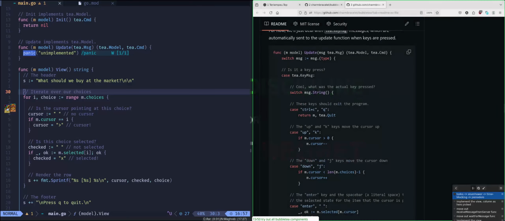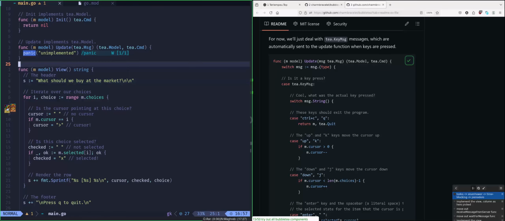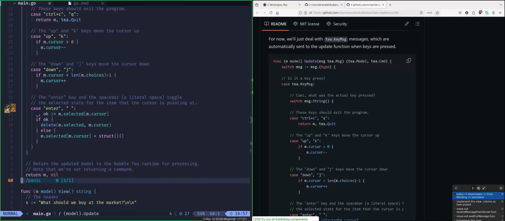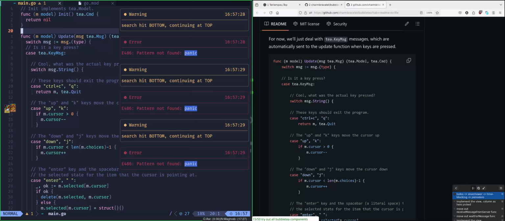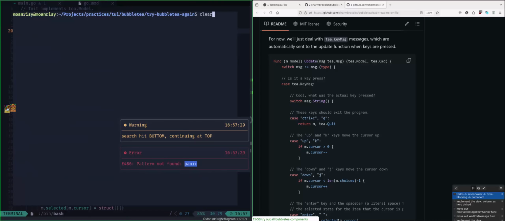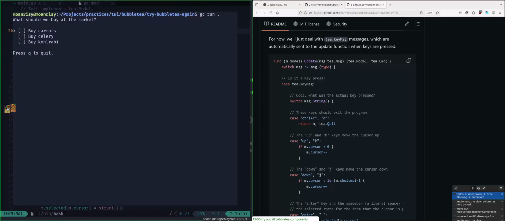Is it the render? So let's do it again. And see, there's no panic. Let's rerun it again. So this is it. I can press space, and Q to quit.